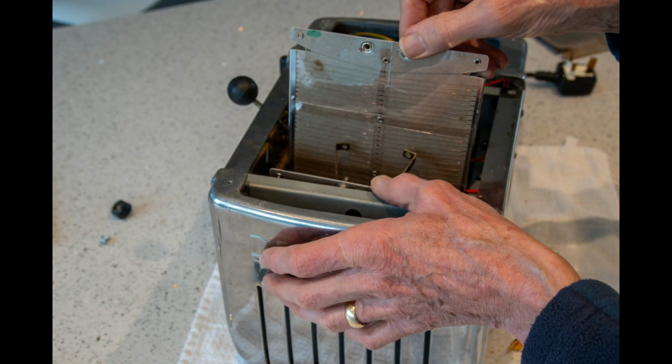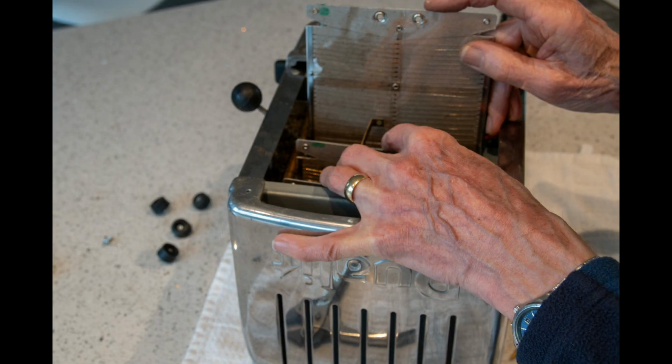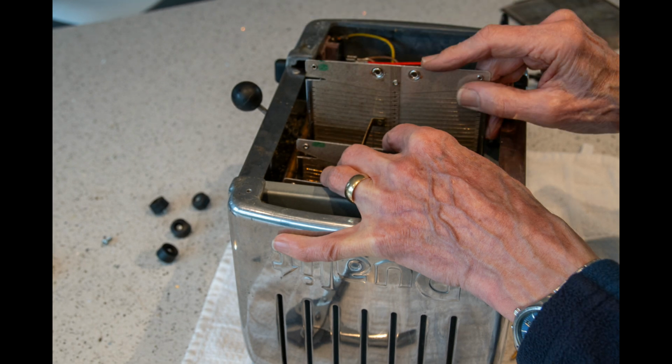You can in fact pull the elements slightly to one side so that when you put in the next one you're not scraping the brass connecting bars against the wires of the new element. The new elements are in fact protected by a tough plastic layer, but even so it pays to be a bit cautious when you've paid about 10 quid for each of these. So we just then work along one by one. It's a bit of a fiddly job,